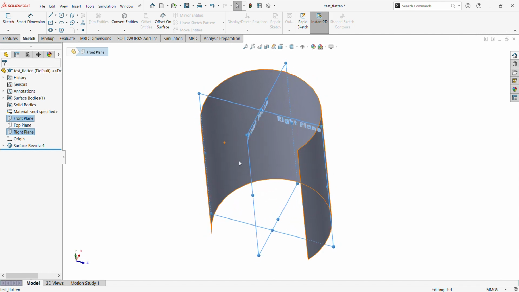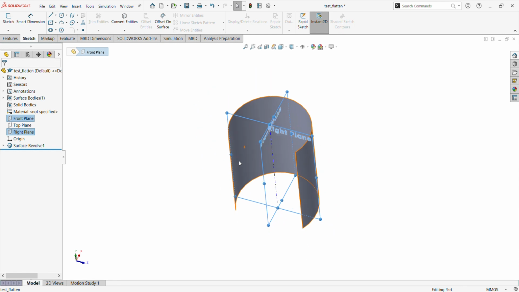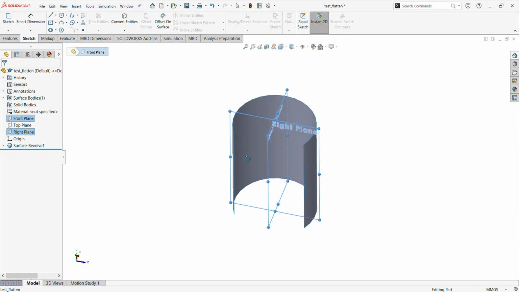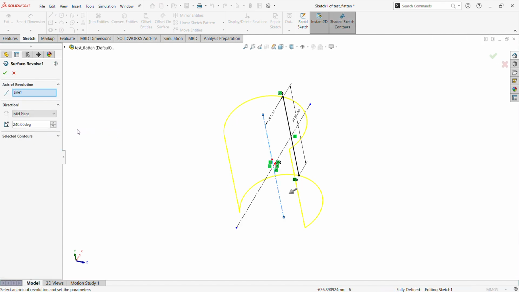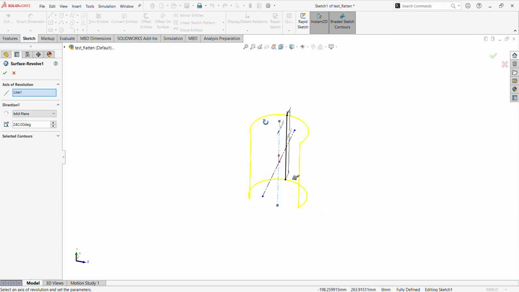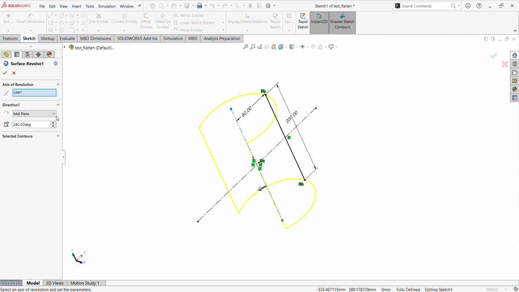Since I wasn't using a 360-degree revolve, I was just using a 240 degree revolve. Let's go back to that revolve because it's important to get some clarification and understand how this software works. This is a mid plane, but if I had used blind, which could have worked better if I was revolving at 360 degrees,